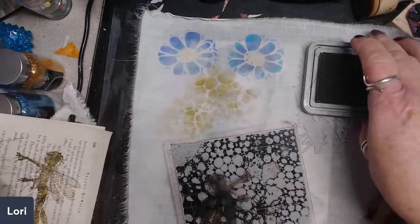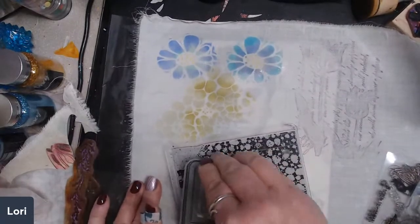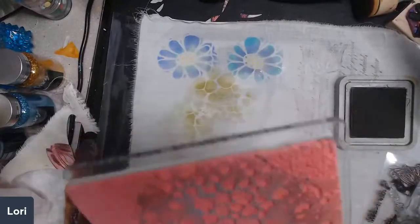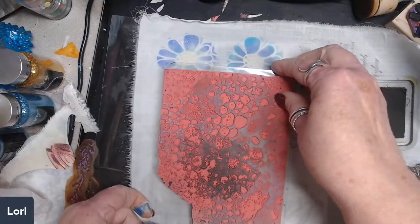Oh yeah, that'll be good. Okay, let's get her in here. Let's see. Now this is the hard part. I don't want to take my bubble stamp off because